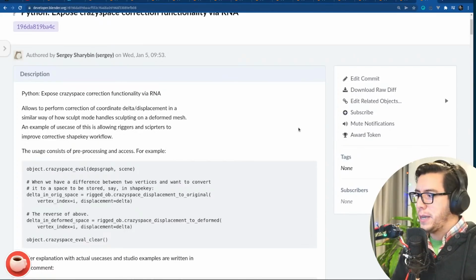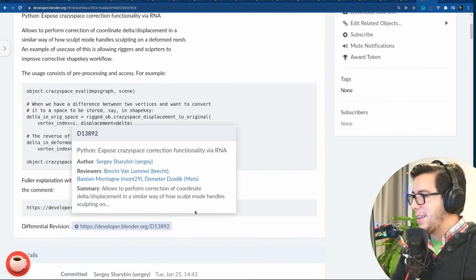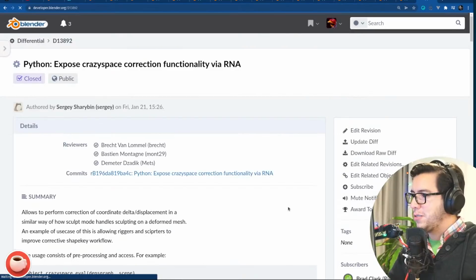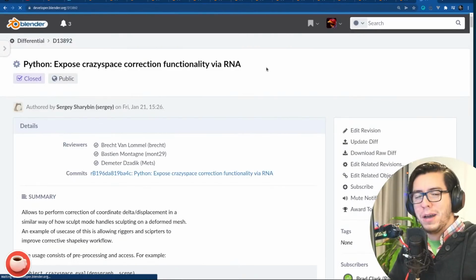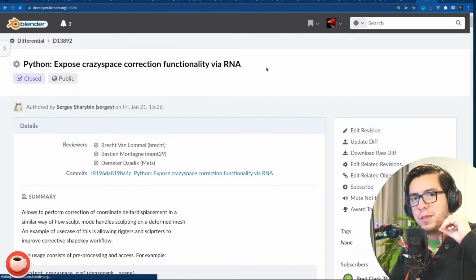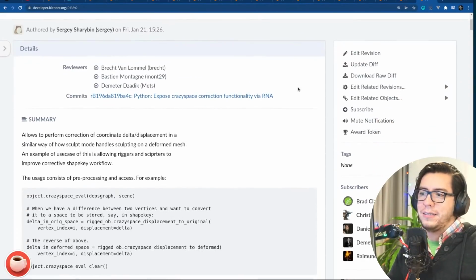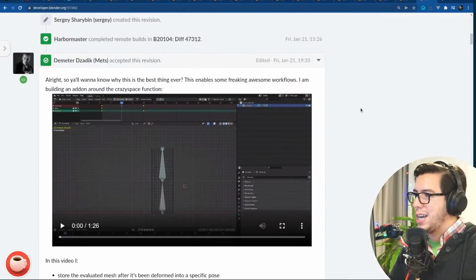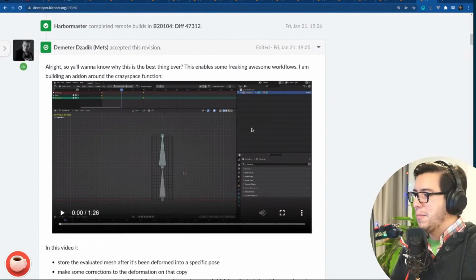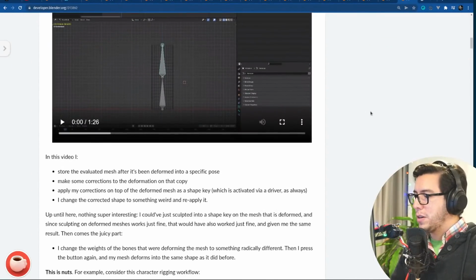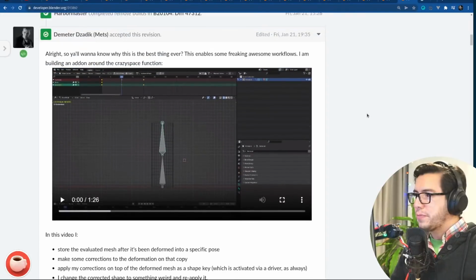It's called crazy space because it can go crazy. But you can also do crazy stuff with it, because by this position being available via Python, it means you can make add-ons for crazy stuff, such as this one here by Demeter. He's working on an add-on apparently that